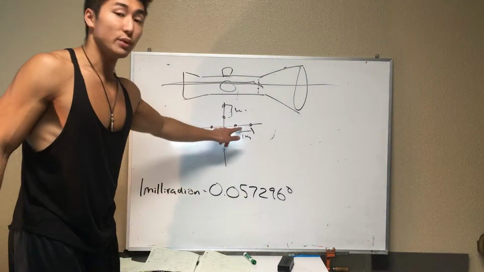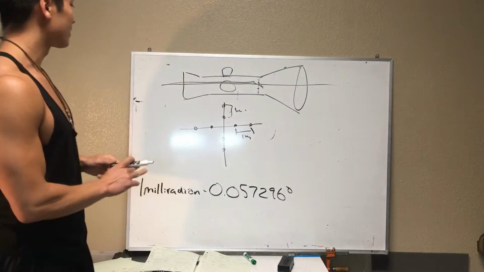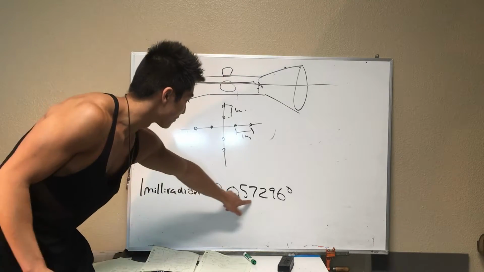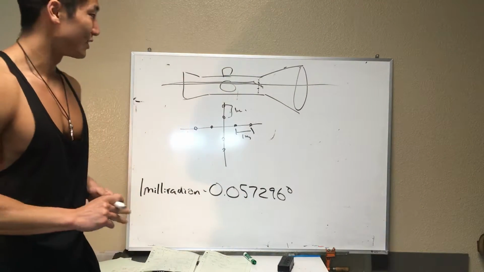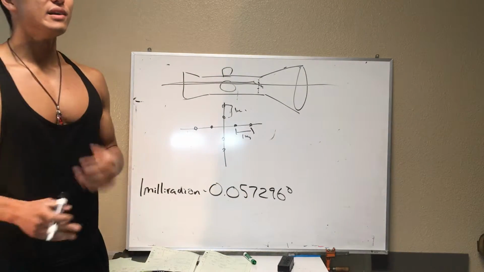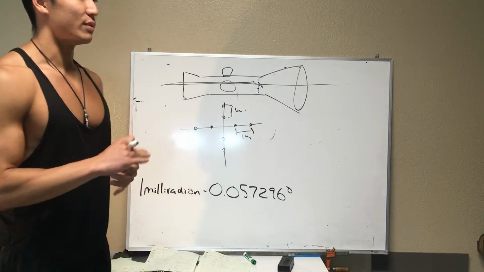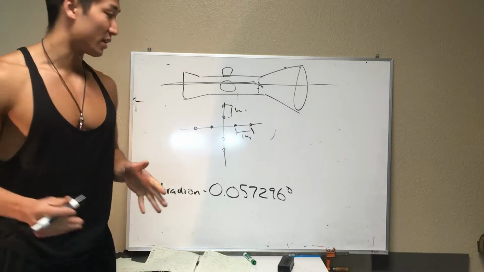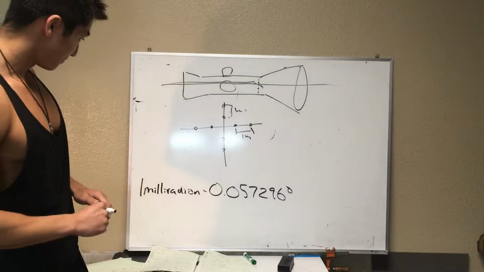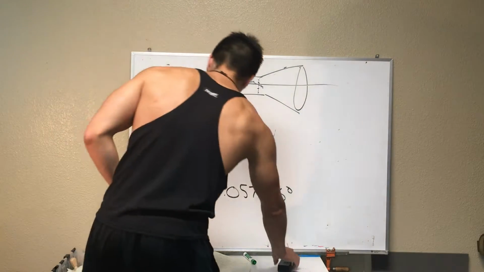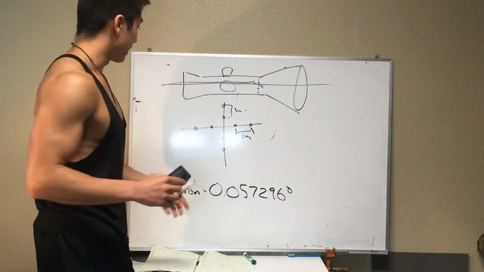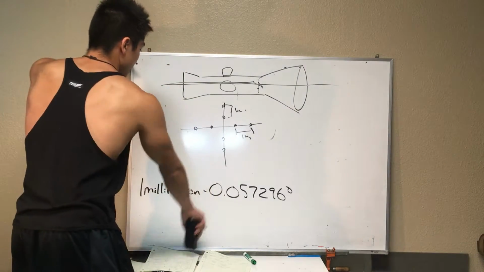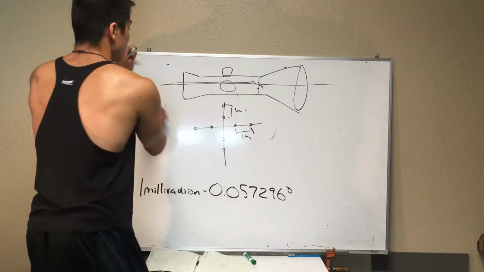The spacing in between here is always going to be 0.057296 degrees. Cool, right? So now you've established some constants, and we know that 1 mil out of 1,000 meters is going to be 1 meter, and we know all this. Here comes the cool part. Because everything's proportionate, and now we have constants of 0.05729 degrees,